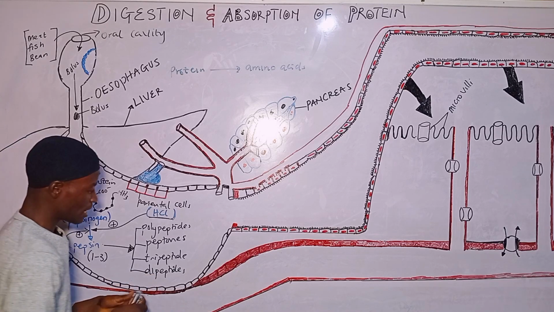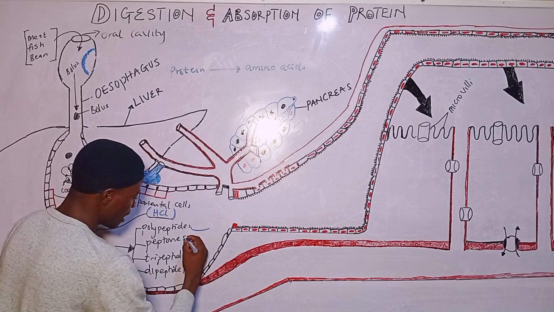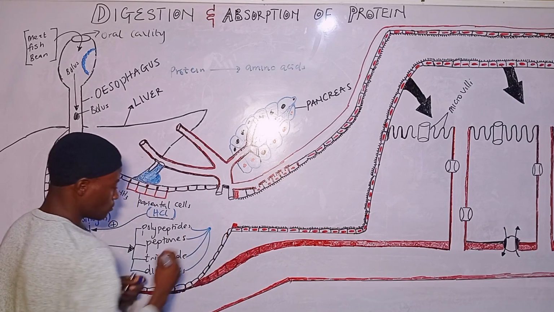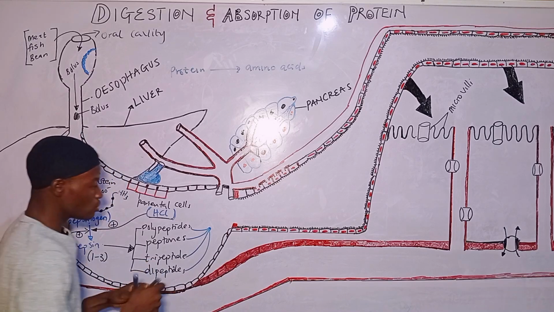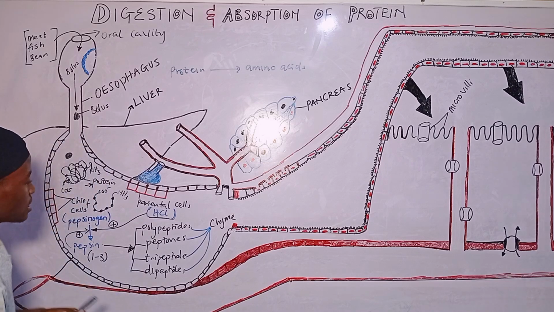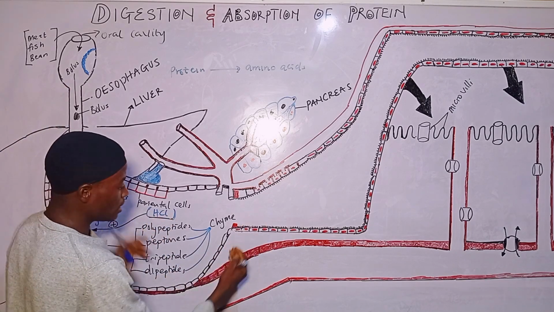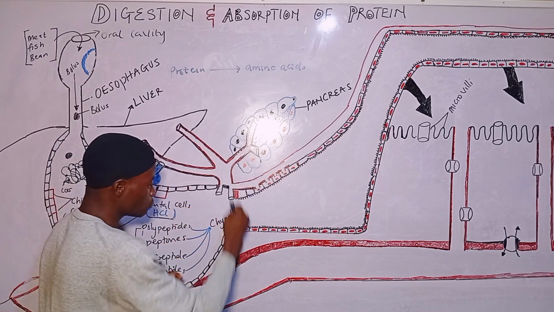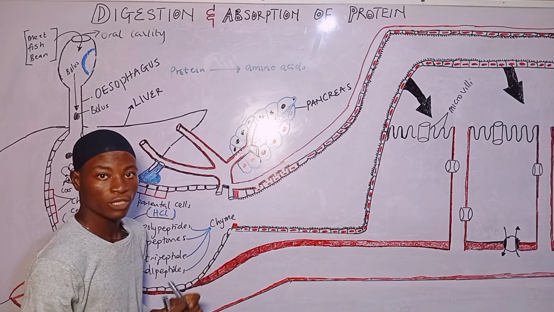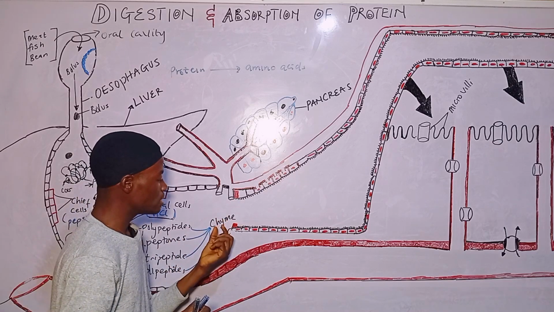So these particular peptides mix with the stomach acid content to form another type of product, and this is going to be referred to as chyme. You understand? So that shows that the bolus entered the stomach and left as chyme. Then once the chyme moves and gets to the first part of the small intestine, which is the duodenum, it stimulates some